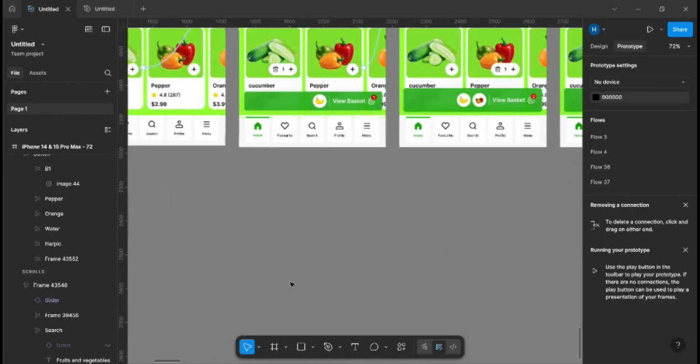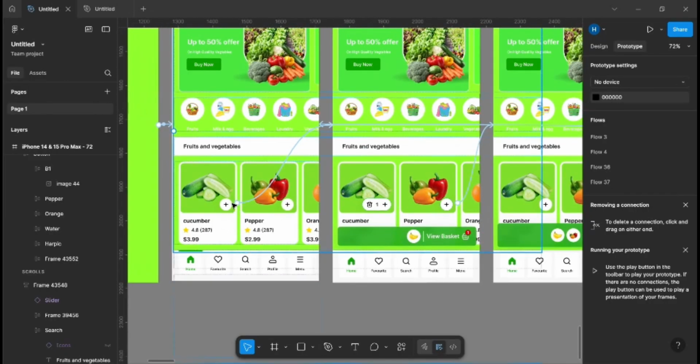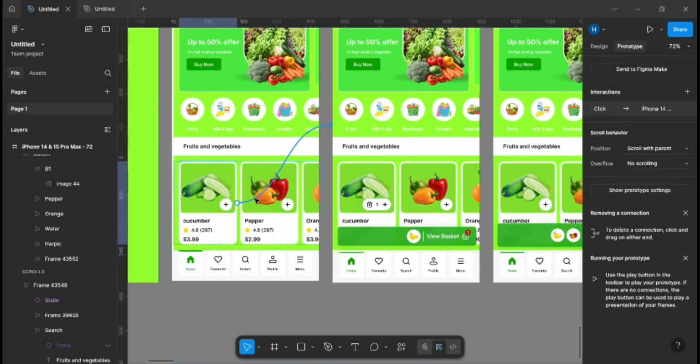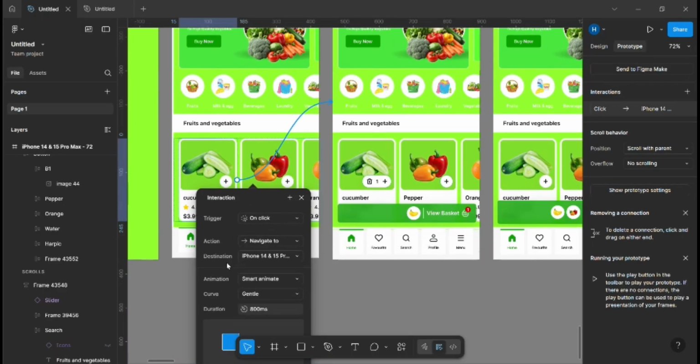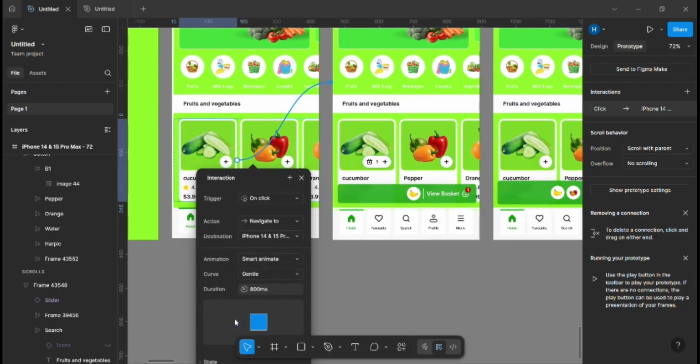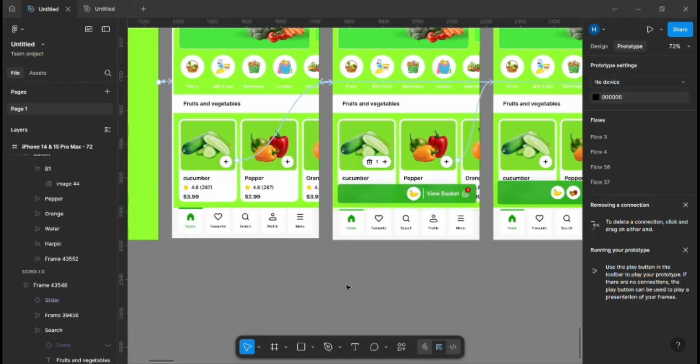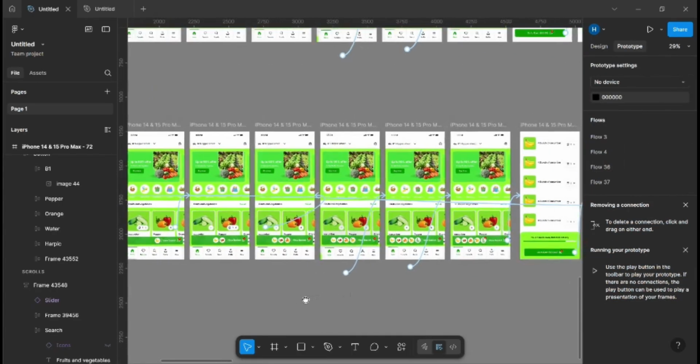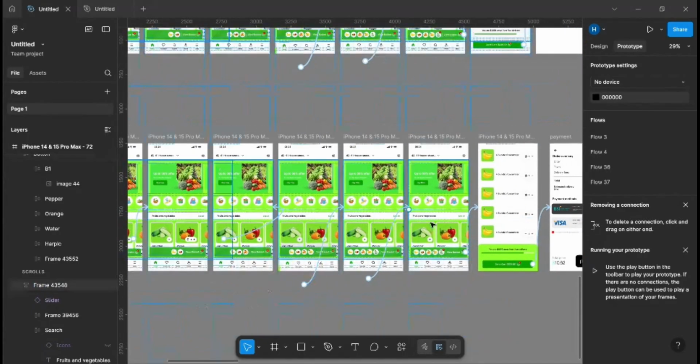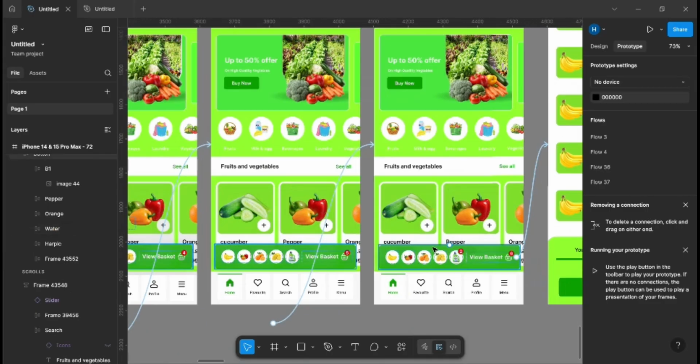Okay, so I already prototyped it. So what we have to do now is, you can see this on click, smart animated, and it's 800, and each one by one it's on click too, smart animated, curve is gentle, and the duration is 100, and until the 7 frame iPhone 14. Now when it's already 7 here, you can see